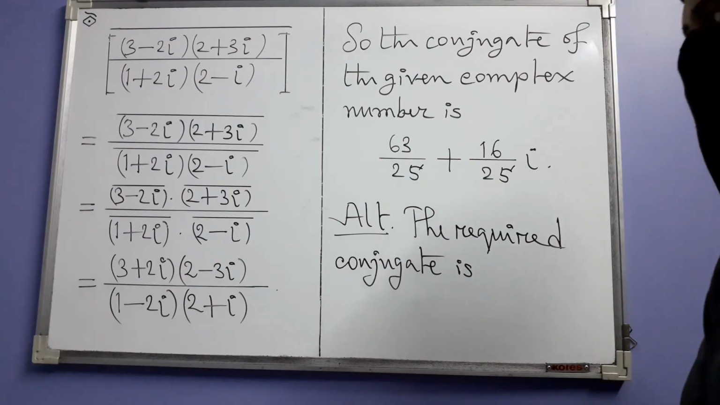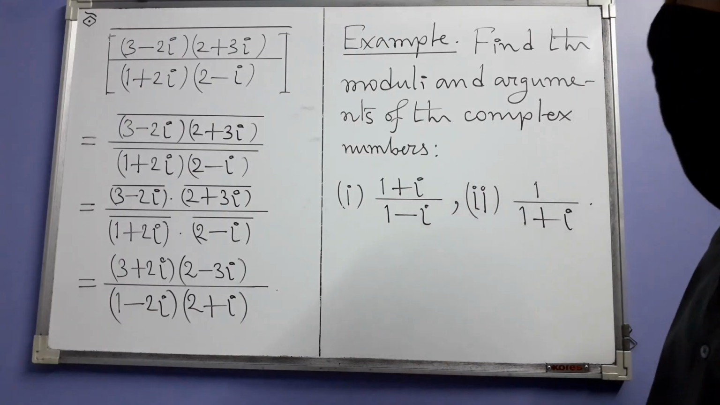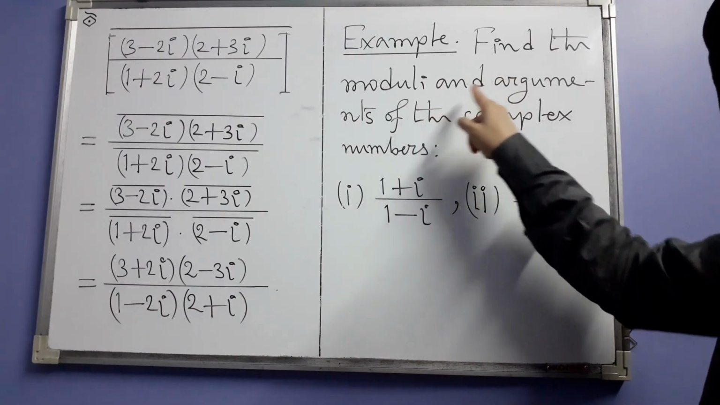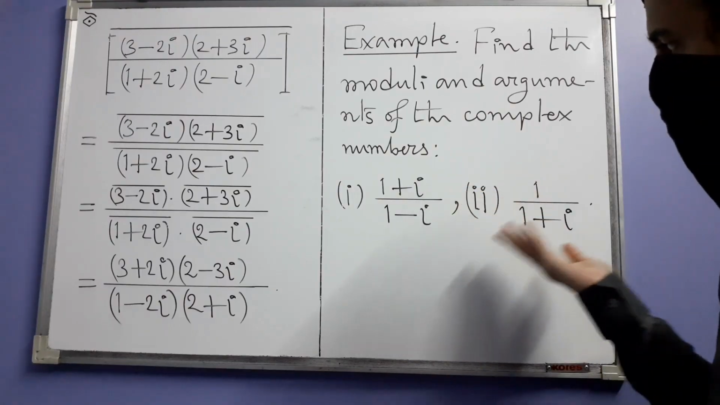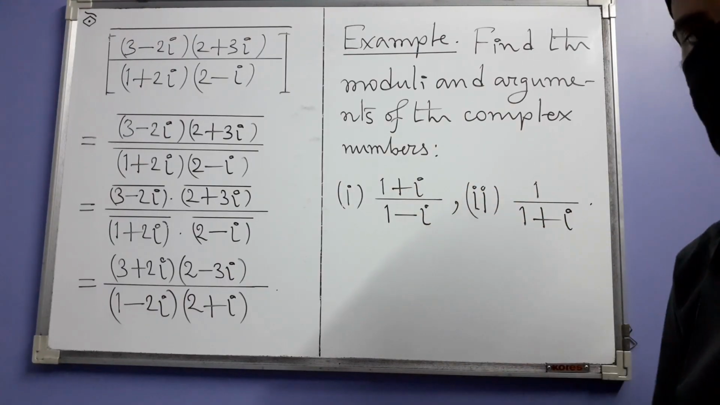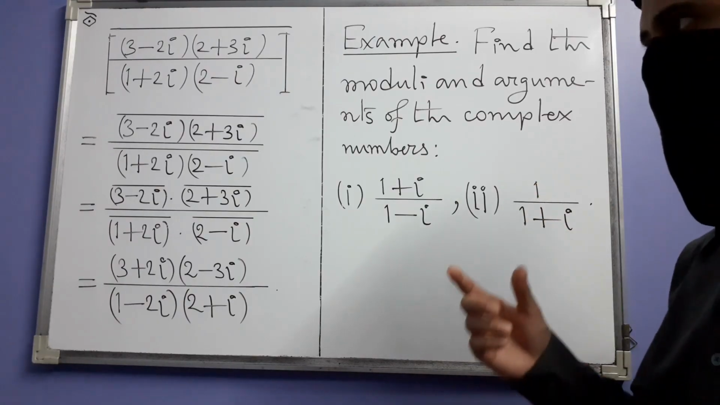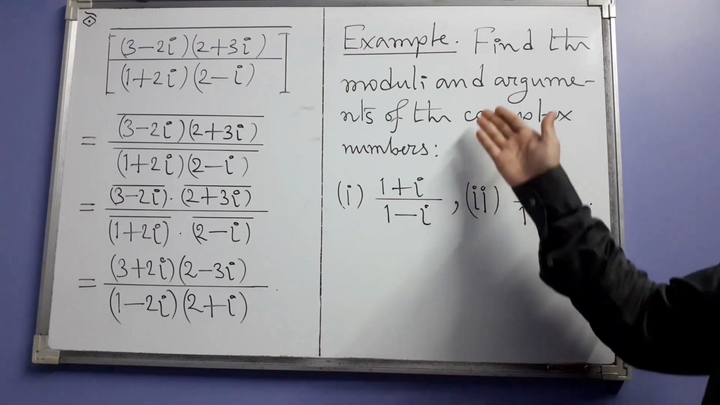Let us see the next example. The next example asks us to find the moduli and arguments of these two complex numbers. The first one is 1 plus i divided by 1 minus i, and the second one is 1 divided by 1 plus i. Actually, in the text it's written